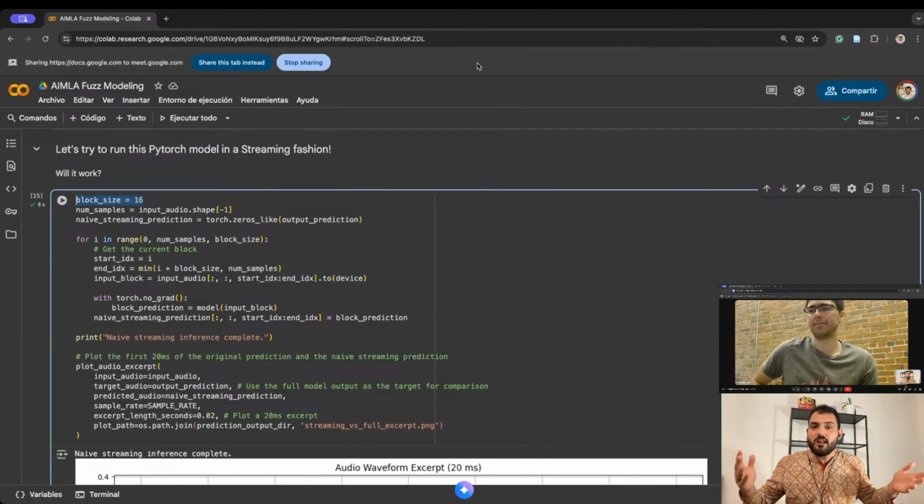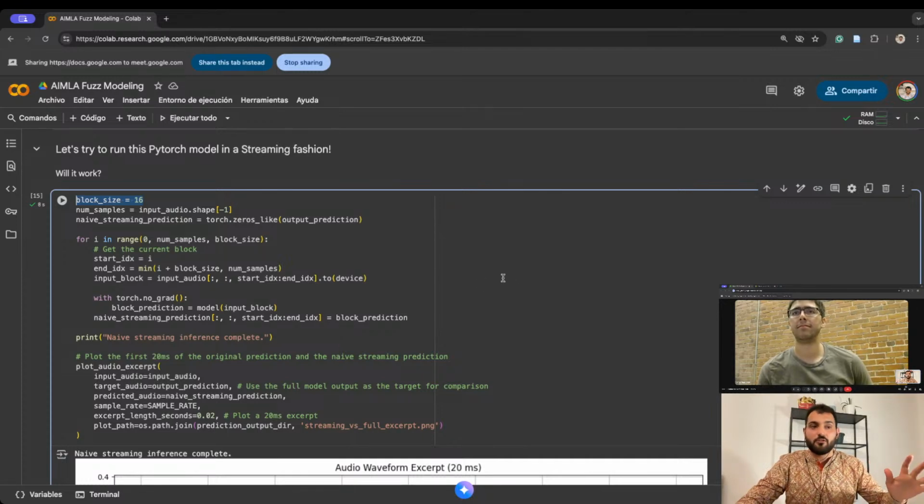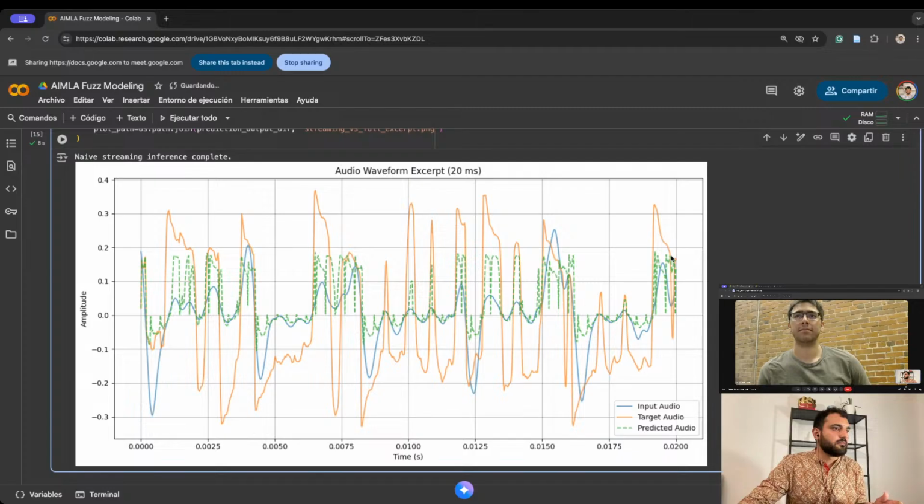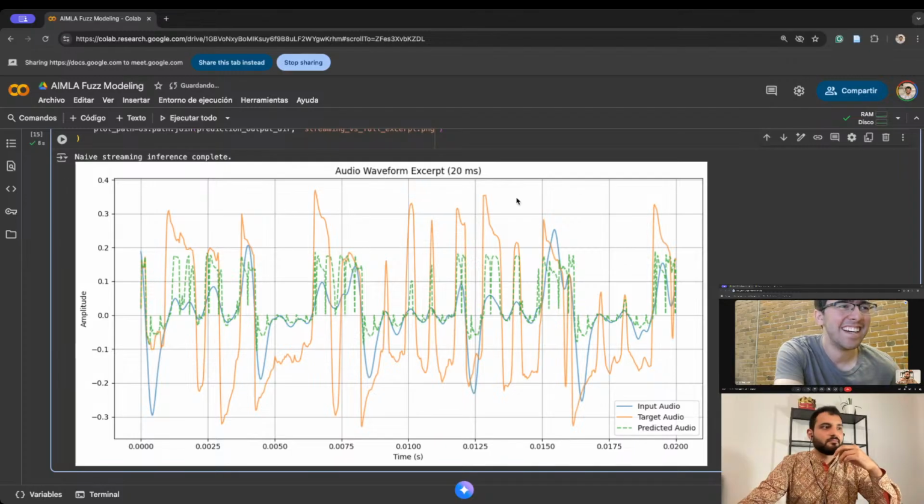In this case, we're simulating it with 16 samples, and we're running it directly on PyTorch. So what happens here? Oh, I think what I'm seeing is a little bit behind where you are. There it is.